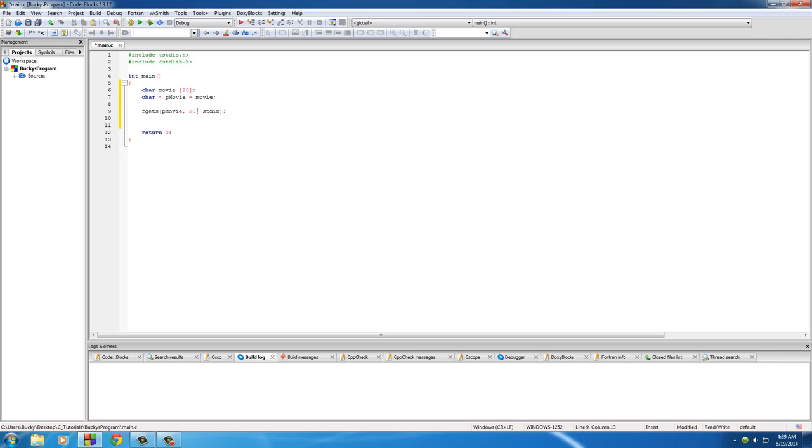Now, what these parameters mean is pretty much: store the data in pmovie, and this 20 means this is the maximum amount of characters that we're going to store in pmovie. If they enter a really long title, then whatever is at the end just gets cut off, so you only get the first 20 characters no matter what. So now we can just do something to display that, like puts